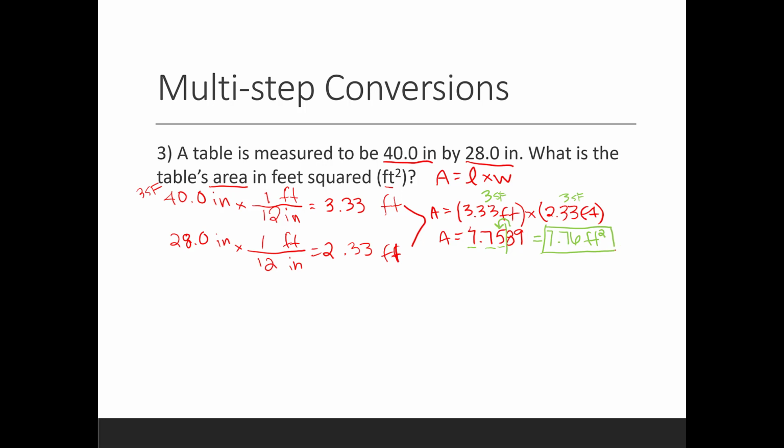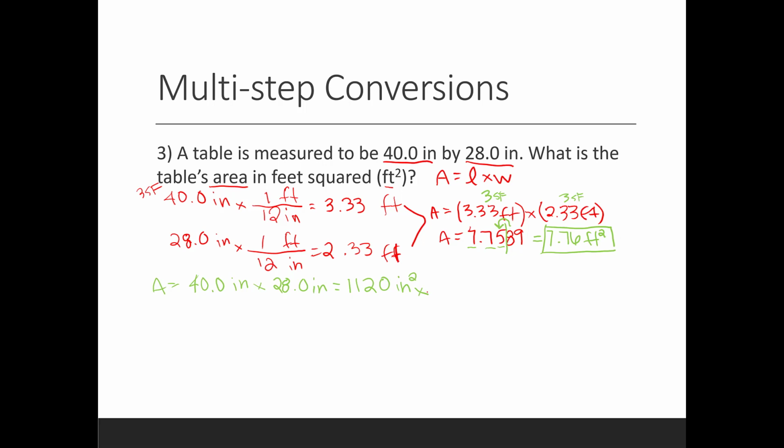Now, if you want to do this in one step instead of breaking it down, you have to be really careful because of the feet squared. If we took 40 inches and multiplied it by 28.0 inches, just for area here, so area equals 40 inches times 28 inches, we would get 1,120 inches squared. And here we can convert from inches squared to feet squared,